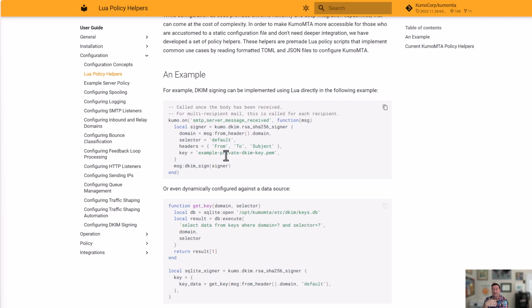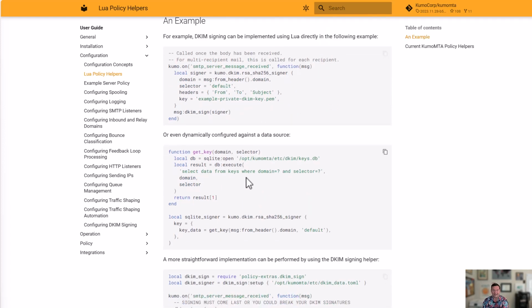So rather than having us write a module that talks to SQLite, you're simply able to use Lua config as code to do the lookup any way you like and retrieve that. But again, that comes with complexity. So we see here, right? Do a DB execute, select the data from keys where domain and selector equals, and then take that, do a return, and do the signature from that. Kind of complicated. It's very flexible, very powerful,